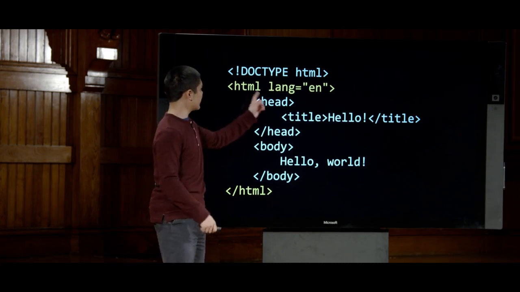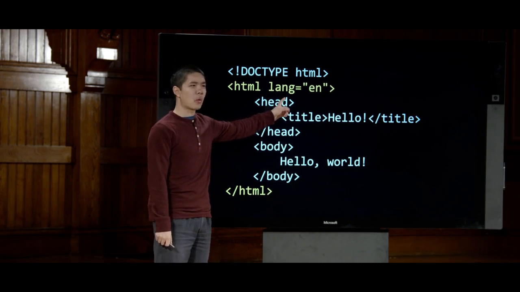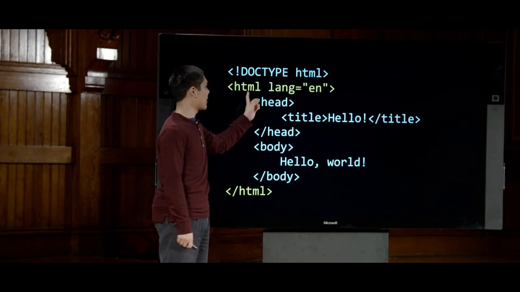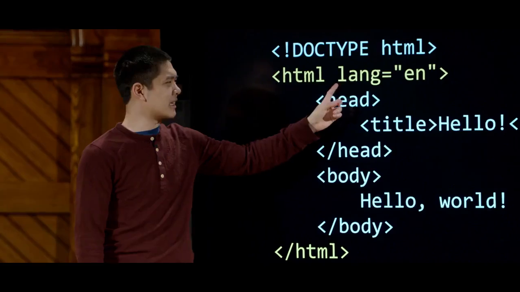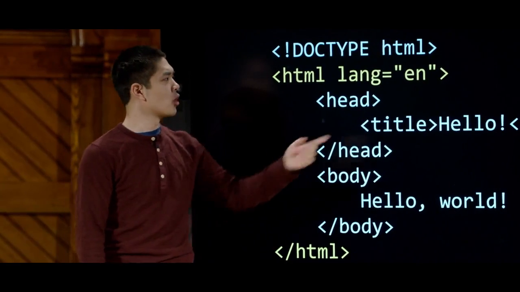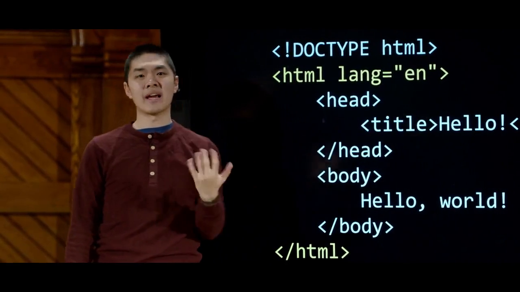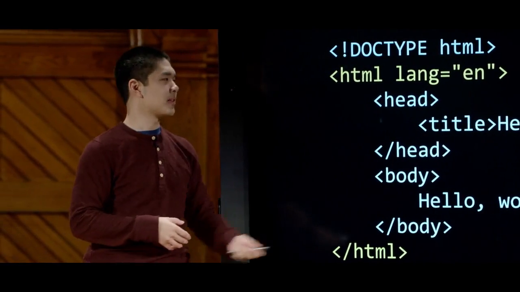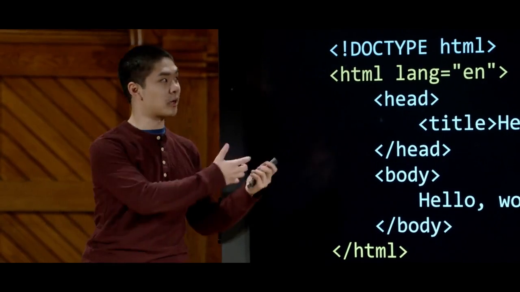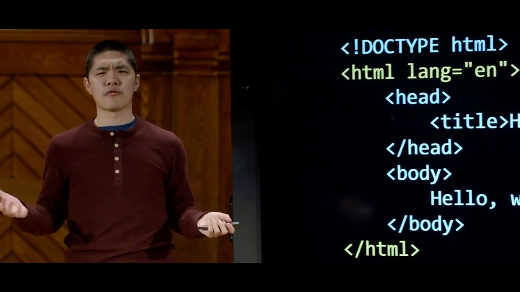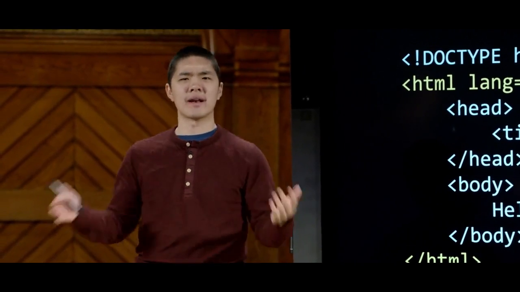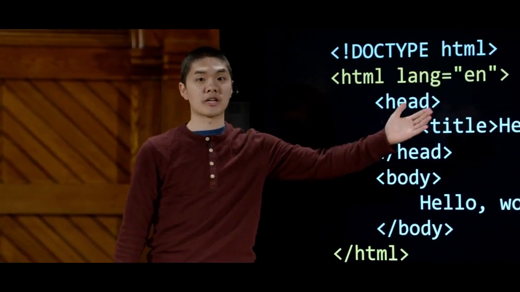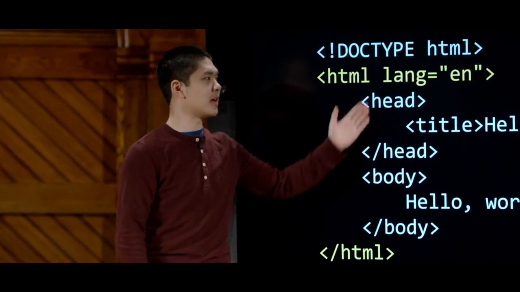You might also notice that in this HTML tag, we've specified what we're going to call an HTML attribute, some additional information that we're giving about this tag. In particular, we're giving it a lang, or language attribute, which is equal to en, or English. This just tells the web browser, or anyone looking at the HTML of this page, that this page is written in a language, and the language it's written in is English. And this is helpful for search engines, for example. When they're looking through many different web pages, trying to figure out what language each web page is in, we can just tell the search engine or anyone else who's looking at the page that this page is written in